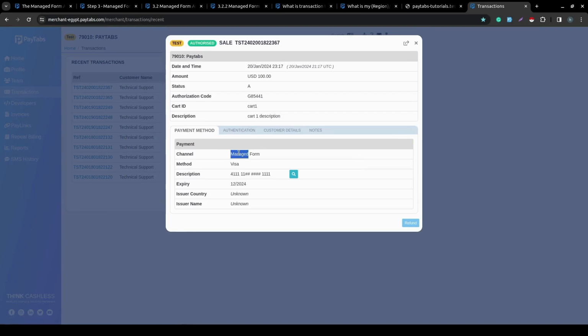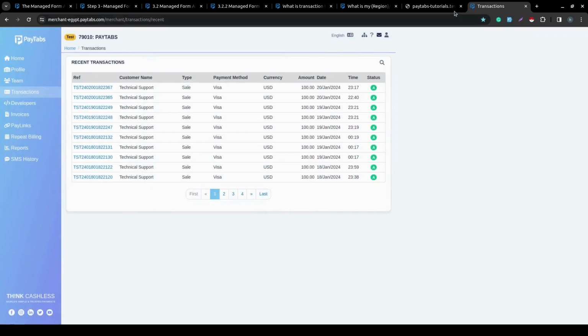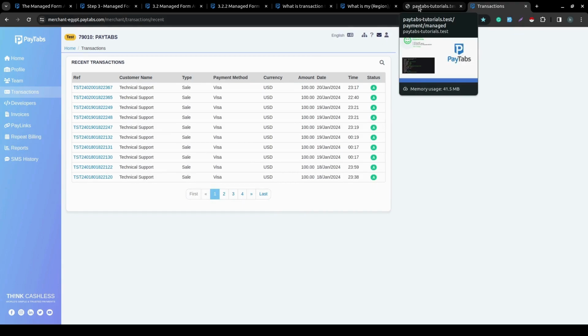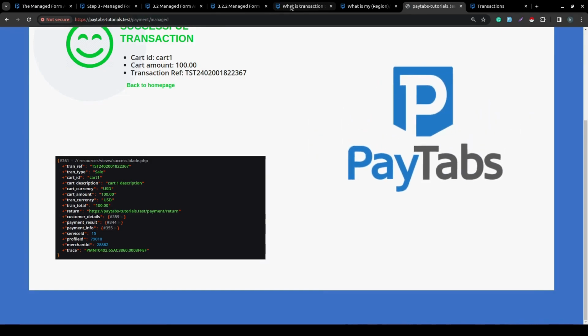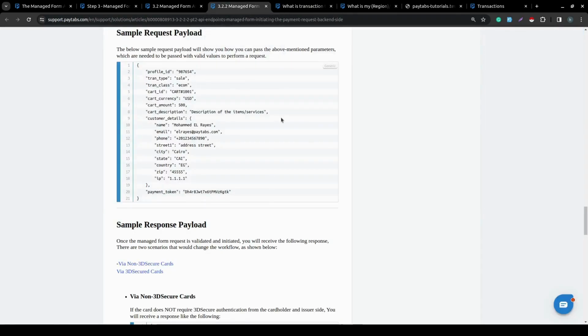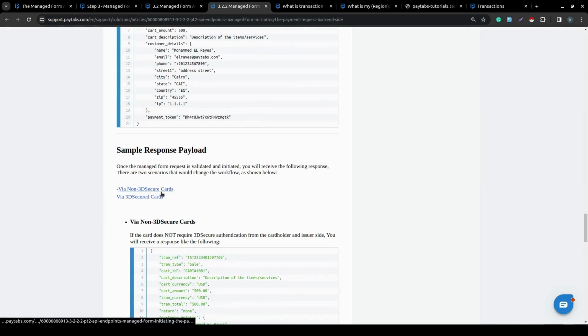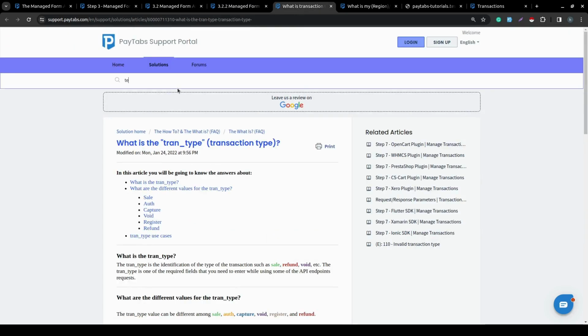see that the payment method is managed form, so the managed form is working normally. Now, a final thing that you should know is that this response should vary based on the card scheme. There are two types of cards that may enter your managed form. The card may be a 3DS secure card or a non-3DS secure card. And actually, if we navigate over here to our test cards,